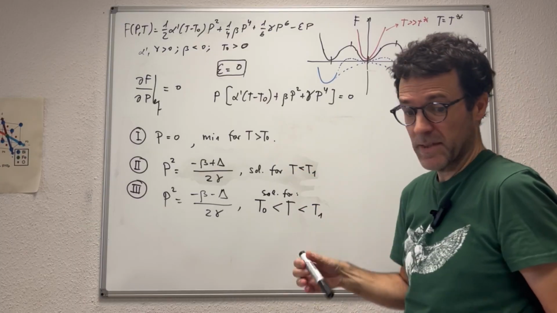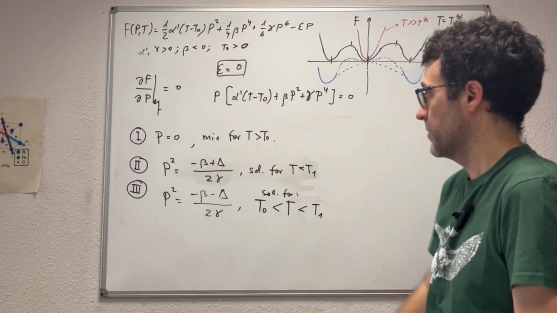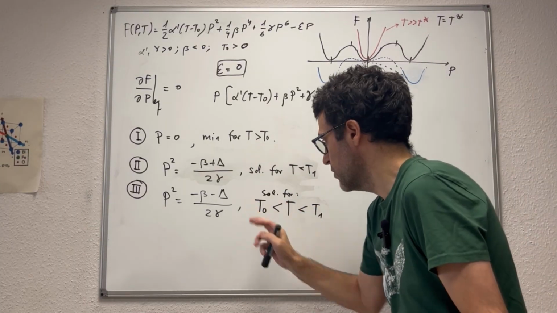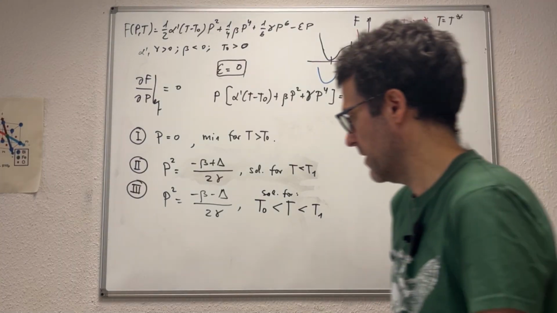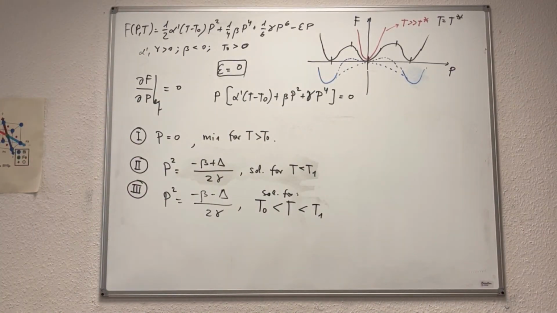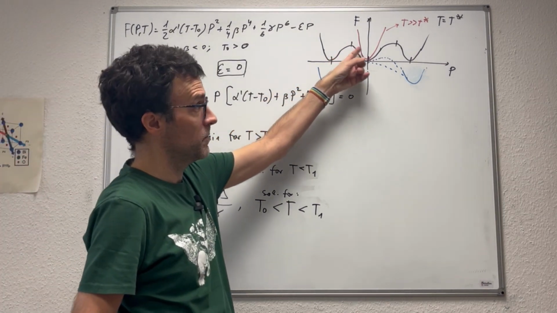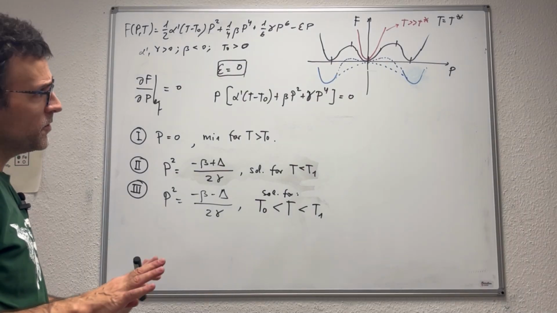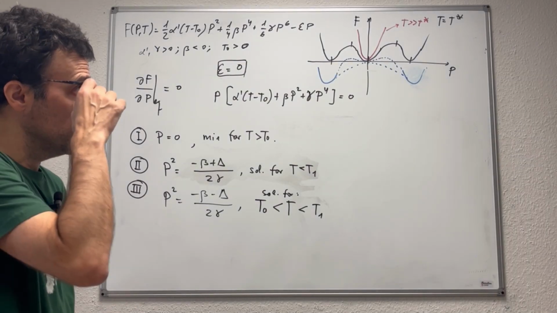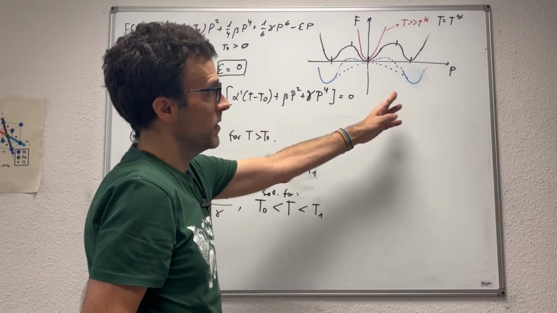This one always exists, and it is a minimum of the energy for temperature above T0. These two do not always exist. They exist in these ranges, and we don't know if they are minima or maxima. We know that the energy has both. So which one is which? Well, it's not so difficult to actually figure out because, of course, in situations like at